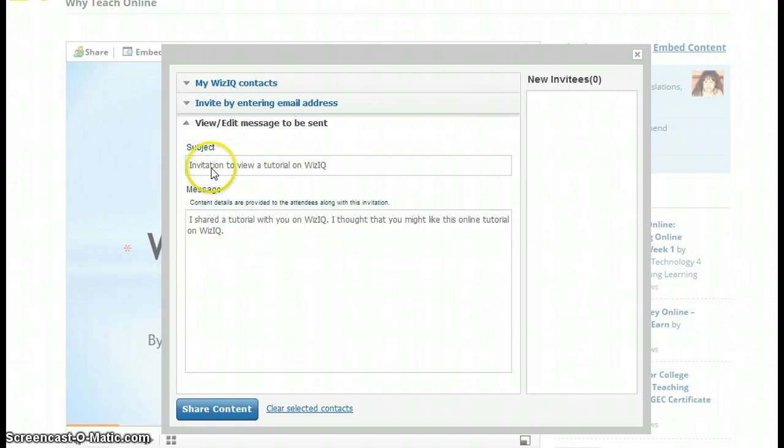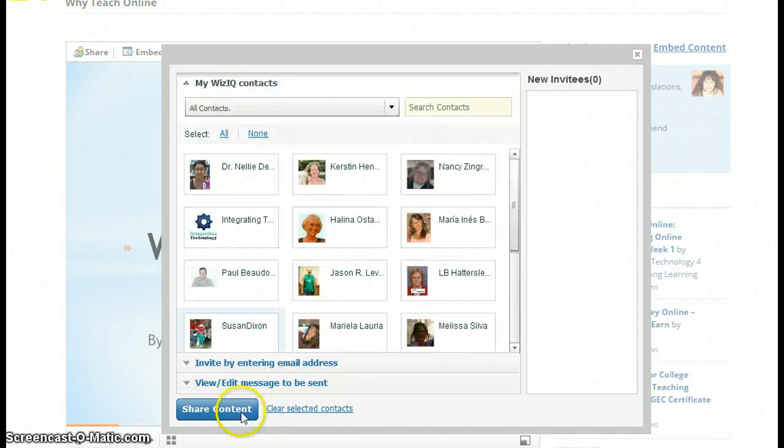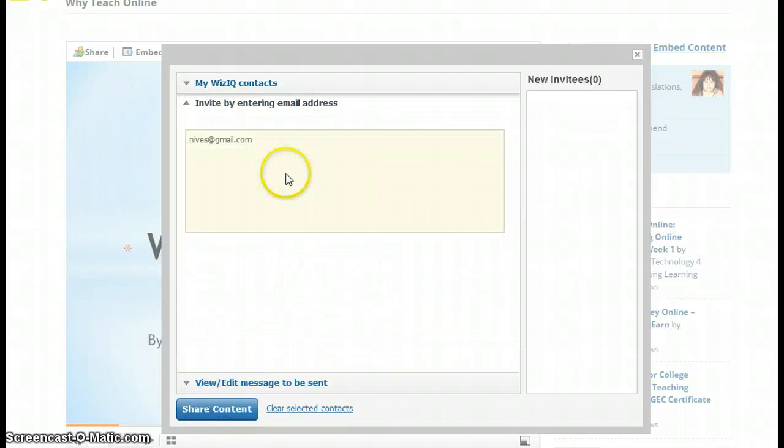So I can either leave it as it is, invitation to view a tutorial on WizIq. There's already an automatic message. I shared a tutorial with you on WizIq. I thought that you might like this online tutorial on WizIq, and then all I have to do is click on share content. I'm not going to share it with myself, so let me go back